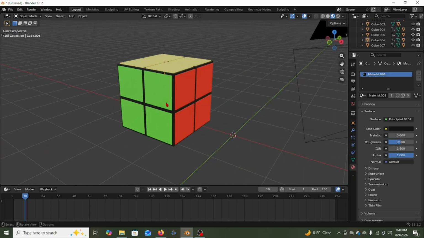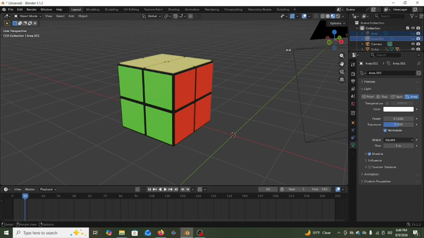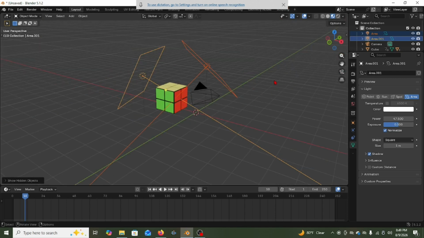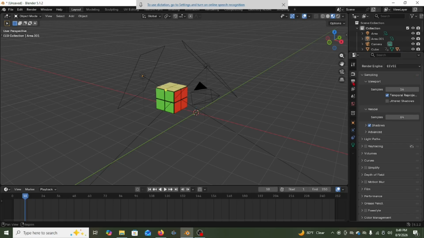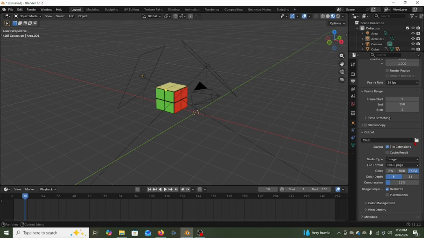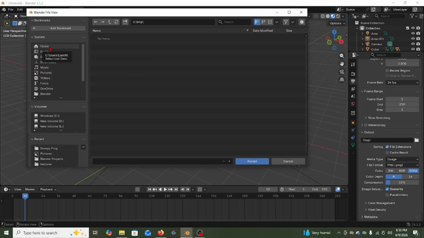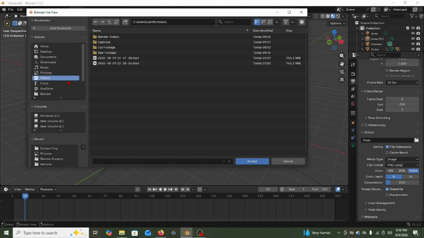And when you're done with the animation, just make sure to unhide those light objects like that. And then I usually go here and then make sure it's on Eevee. That's what I like to use. You can also use Cycles if you want, but I use Eevee. And then you can go here to output, and then you can pick just a file wherever you want that to go. Yeah, so I usually just use this videos output here,